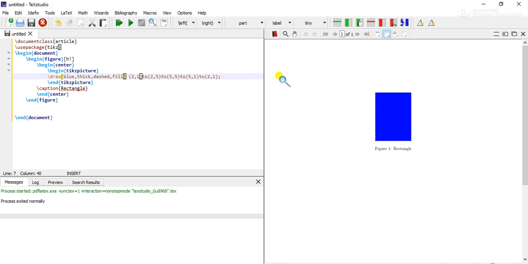See now, we have got a rectangle and it is filled with the color blue.